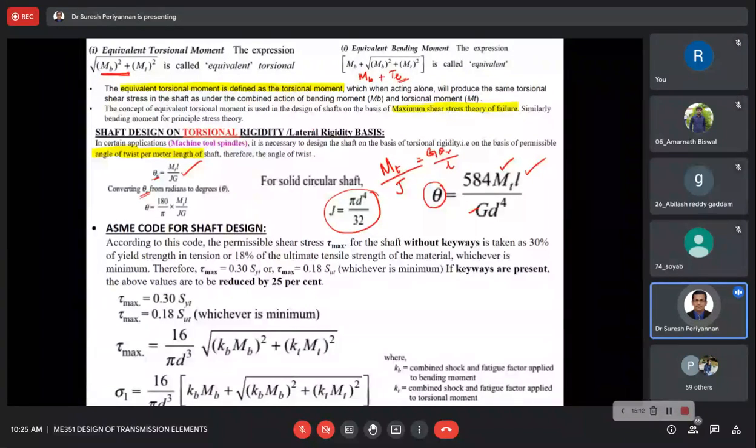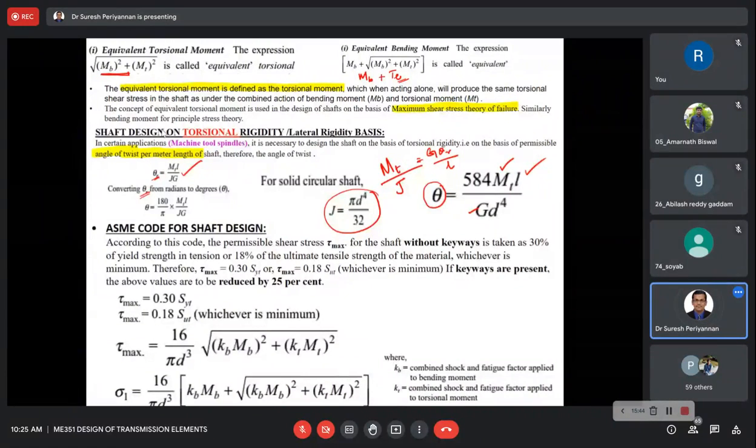Now I come to the ASME code for shafts. Some more points I would like to share here, I mean, shaft design based on torsional rigidity. Now see here, the shaft is said to be rigid when it doesn't twist too much, right? It doesn't twist too much when it is subjected to torque. A small twisting moment, small angular twist, also we have to consider for the design of the shaft diameter.